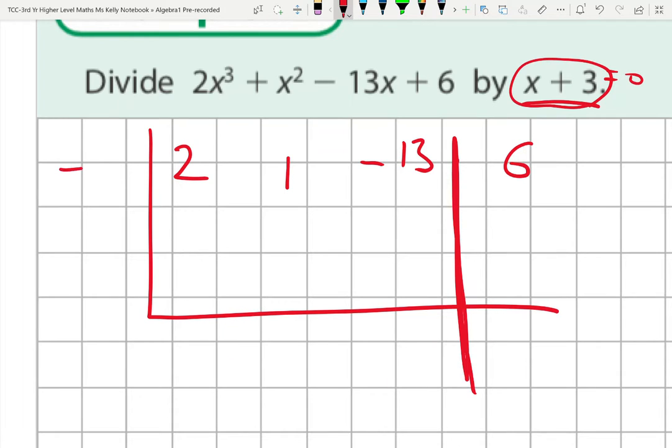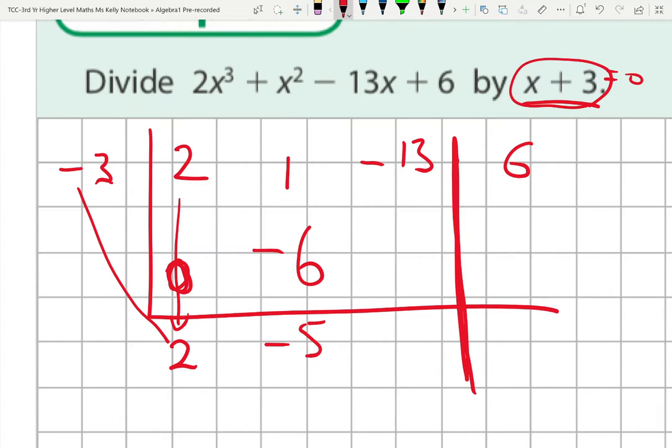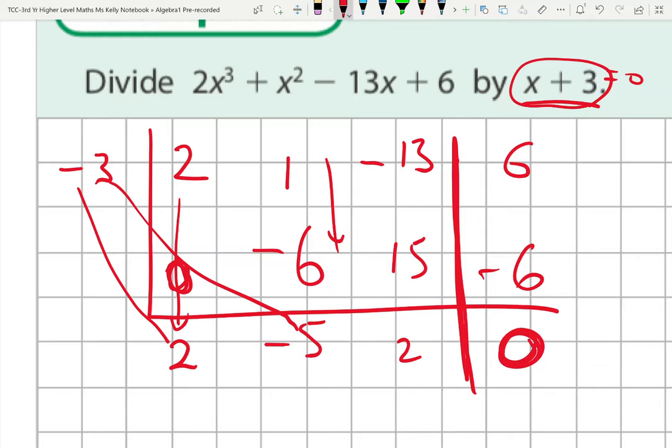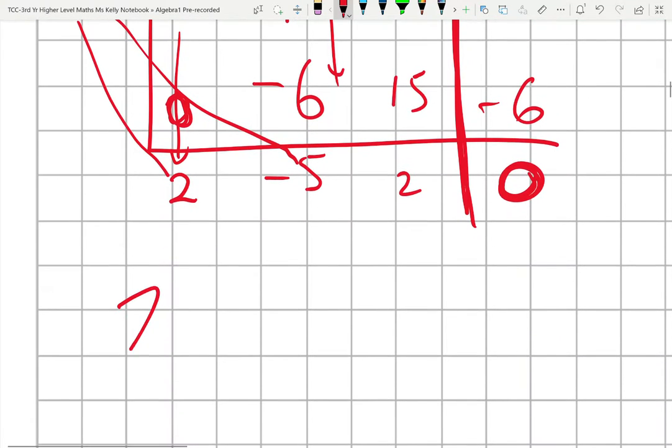It seems very daunting at first. You add that to nothing, you multiply here, multiply again, you add, you multiply here,